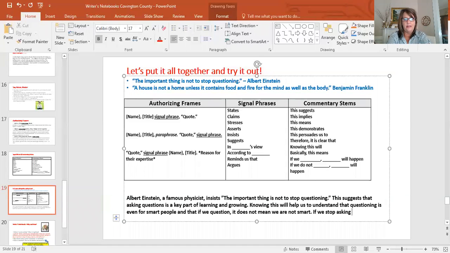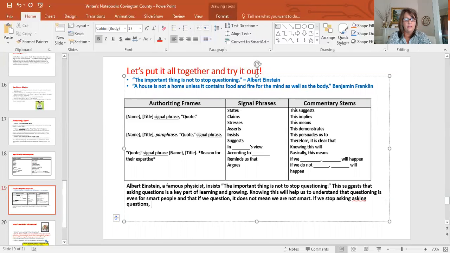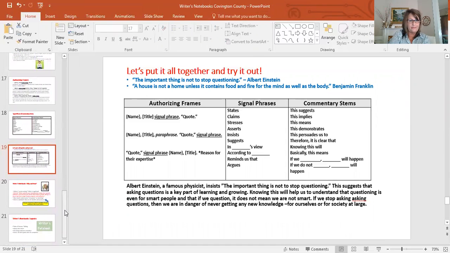if we stop asking questions, then we are in danger of never getting any new knowledge for ourselves or for society at large. I always like to encourage kids to say, okay, what is the significance both in your own life and for humanity, for the larger community? All right, so that is an example of say, mean, matter, bumping it up with authorizing frames, signal phrases,